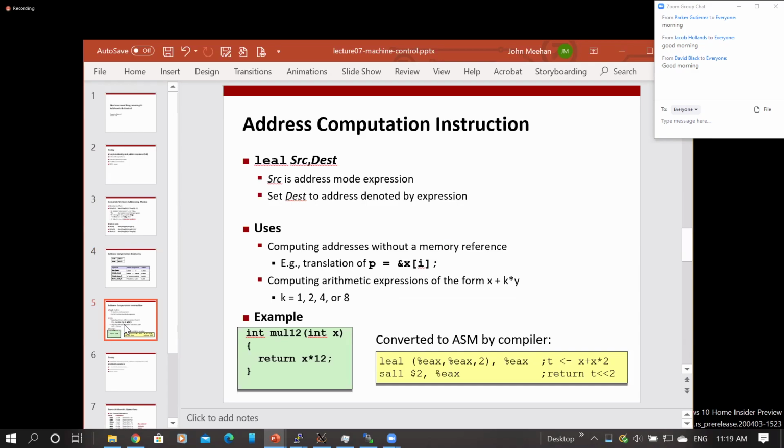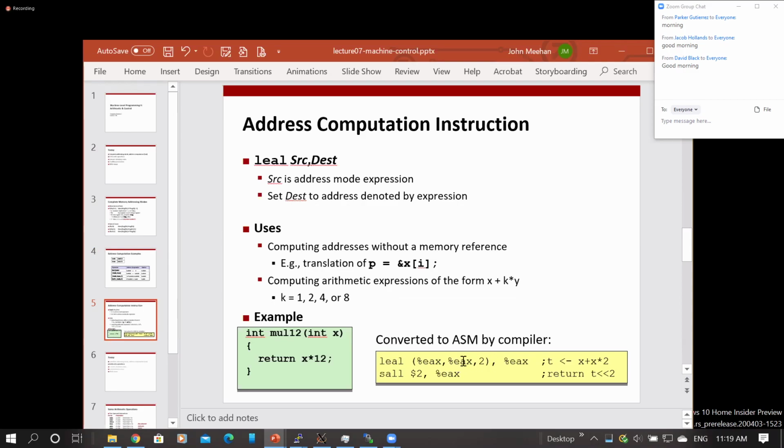So now we want to look at this instruction, load effective address, LEA. We've seen this before, actually. We can use the LEA instruction as a sort of cheating way to do arithmetic without having to use the more expensive multiply instruction. So if we wanted to multiply something by 12, we could say load effective address long word